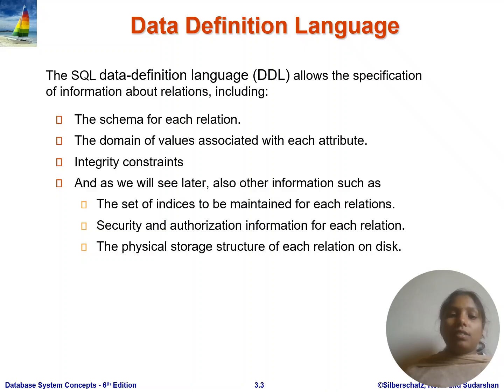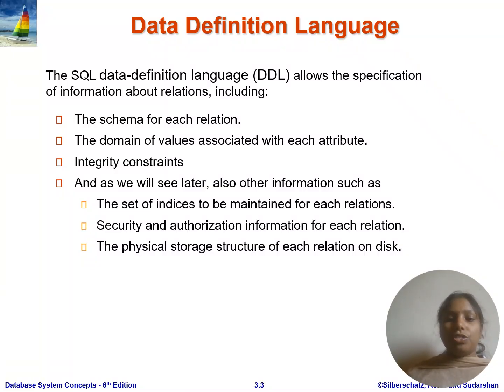So what is the first step? We are going to see data definition language, which we call DDL. It holds the specific information about the relations. DDL is concerned with the data about the relations: the schema for each relation, the domain of values associated with each attribute. Then we also see information such as integrity constraints for each relation, security and authentication, and